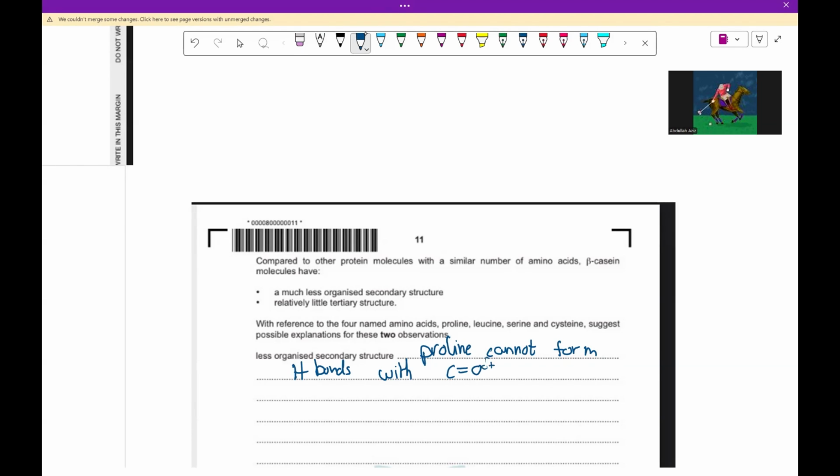So this is positive, which no. Okay, that's how it forms hydrogen bonds for the amino acids,